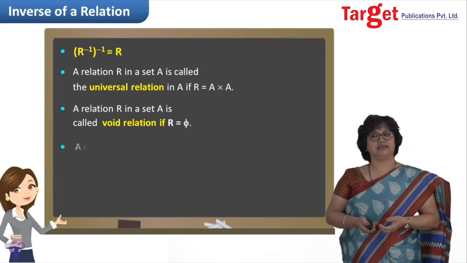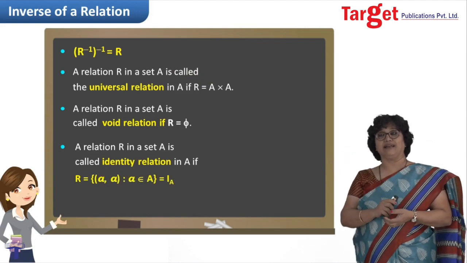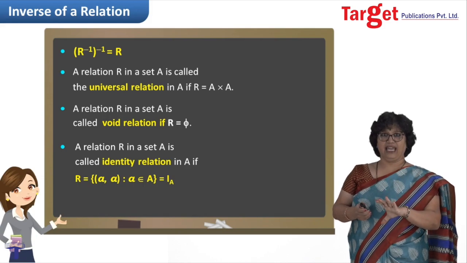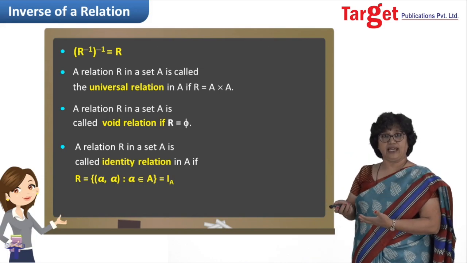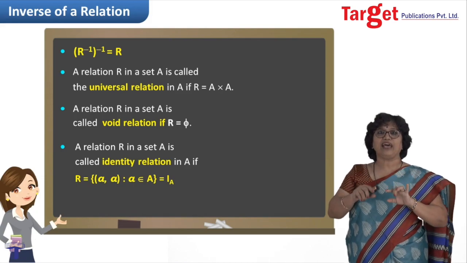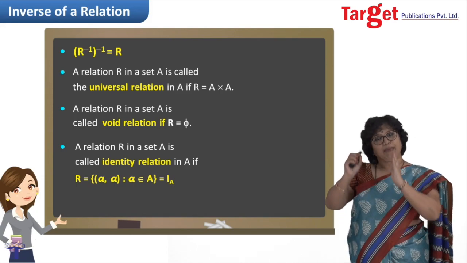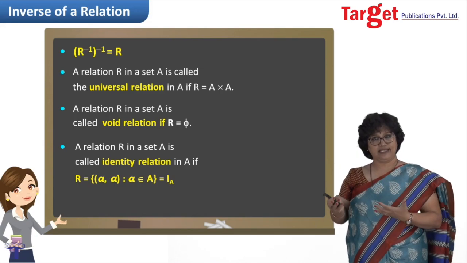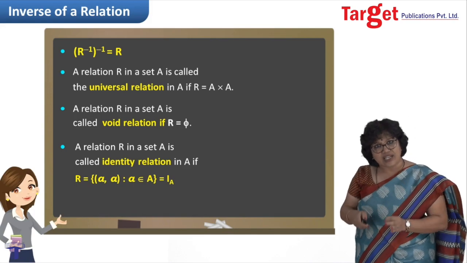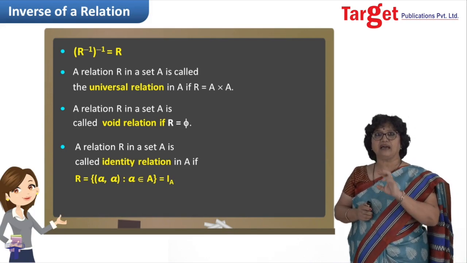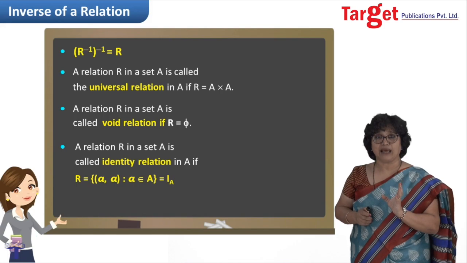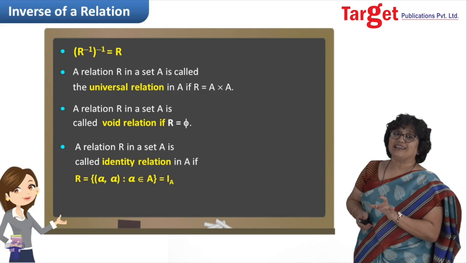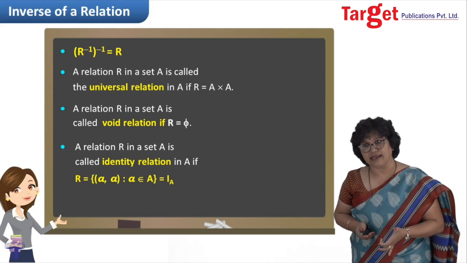Now let us move to the next. And the next type is the identity relation. Identity relation means if you are given set A and small a, an element of set A, and you make pairs of the type where only (a, a) appears, and make a collection of that. So obviously it would be a subset of A cross A, and such a relation will have pairs like (1, 1), (2, 2), something like that. So (a, a), where a belongs to set A. This relation is called the identity relation.